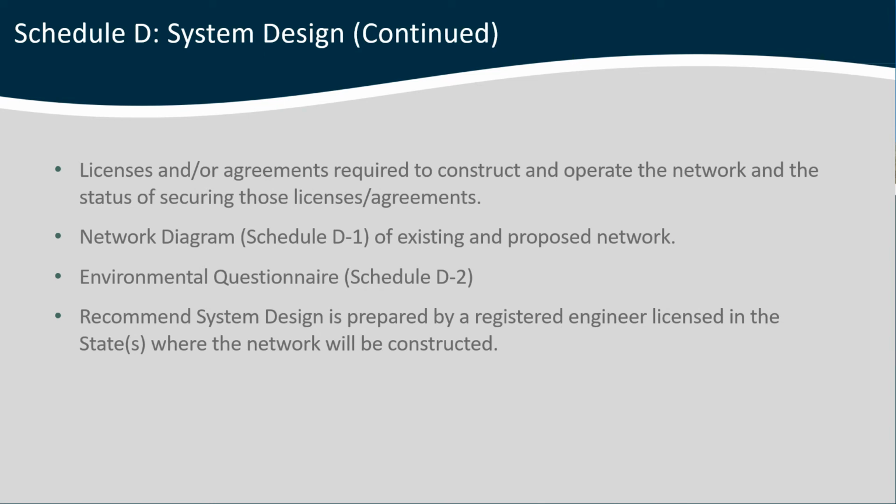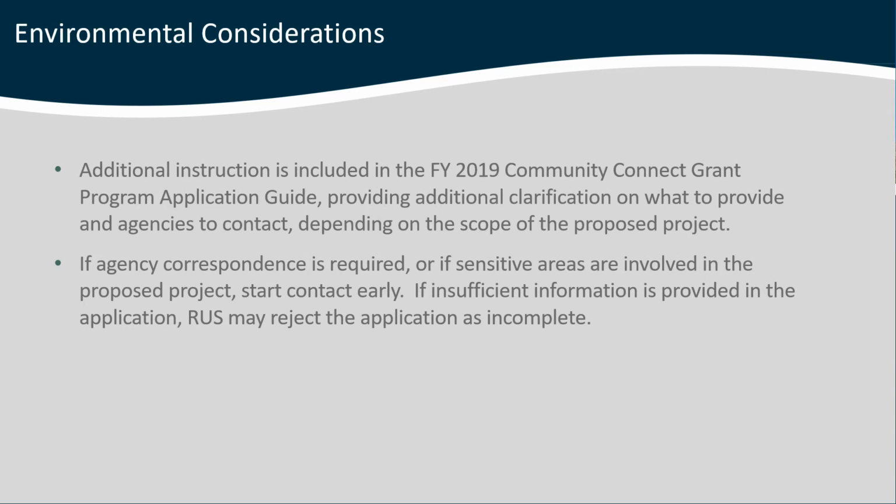Schedule D includes licenses and/or agreements required to construct and operate the network and the status of securing those licenses and agreements. Schedule D1 is a network diagram of the existing network if you have that, and the proposed network. Schedule D2 is the environmental questionnaire. We recommend the system design is prepared by a registered engineer licensed in the state where the network will be constructed. In terms of environmental considerations, additional instruction is included in the application guide, providing clarification on what to provide